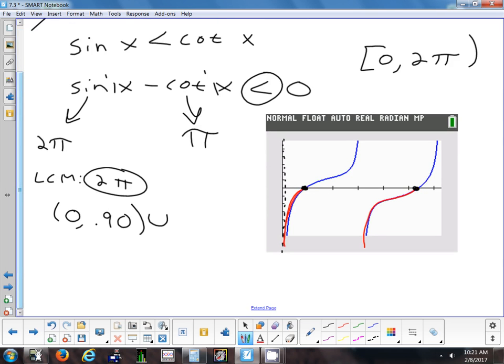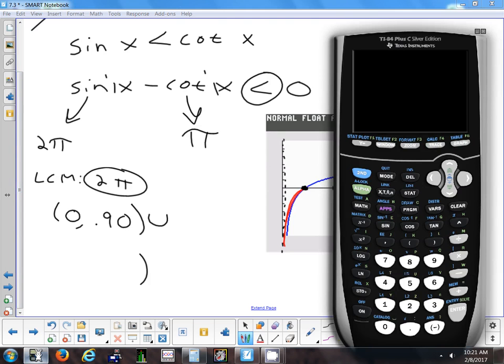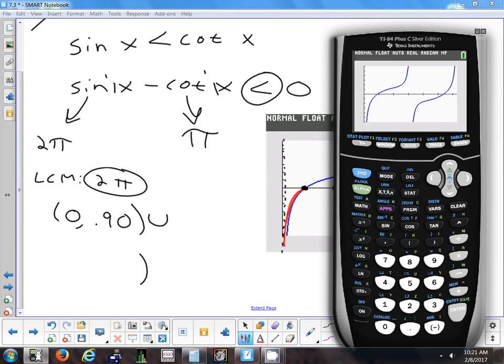Now, let's just look at the other interval. Can I include that point? No. And it's starting somewhere, it almost looks like it's right in the middle of the screen, but what does it look like is happening again in the middle of the screen? Vertical asymptote. Another vertical asymptote. Because it's right in the middle of the screen, where do you think it would be? 3 pi. Let's check. If it's at pi,